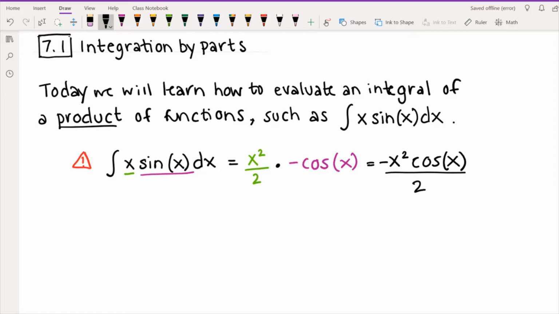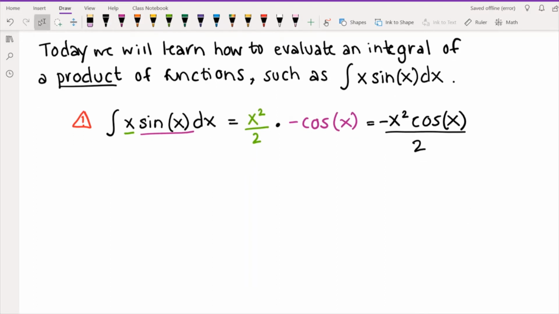And we could even check that that's not correct, right? How can you check whether your antiderivative is correct or not? You can actually just take the derivative, right? That's something I've mentioned a few times. It's very important to know about antiderivatives that you can always check them. So how can we check this? Well, if we take the derivative of this expression here,